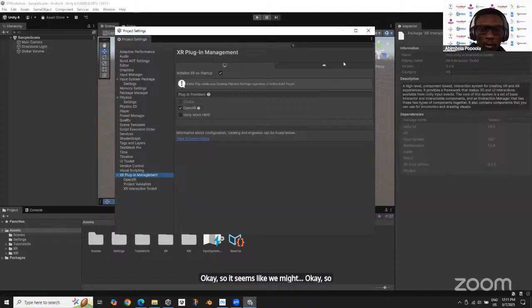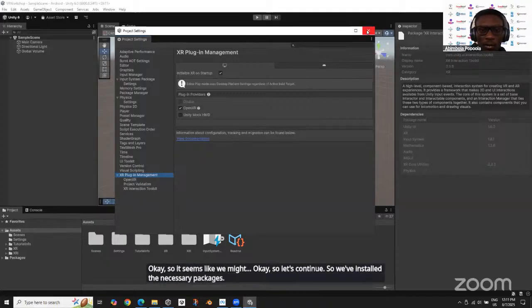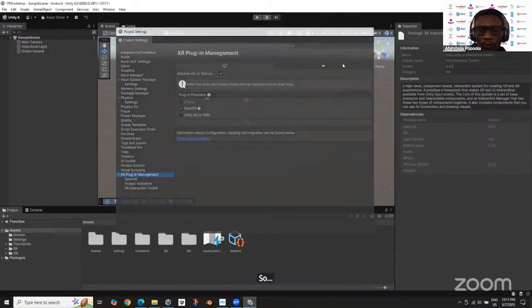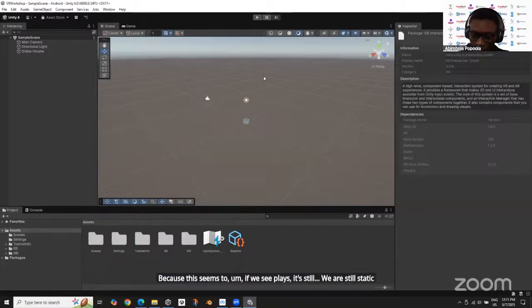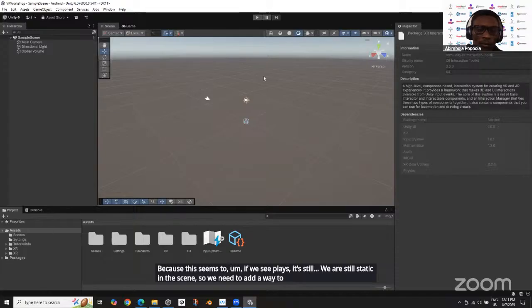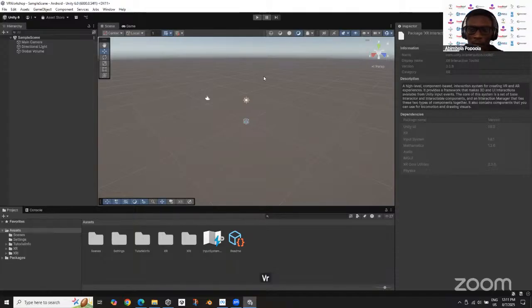Okay, so let's continue. We installed the necessary packages. Now, how do we implement the functionalities into this scene? Because if we play it, we are still static in the scene. So we need to add a way to move around in VR. Let me check if the connection is